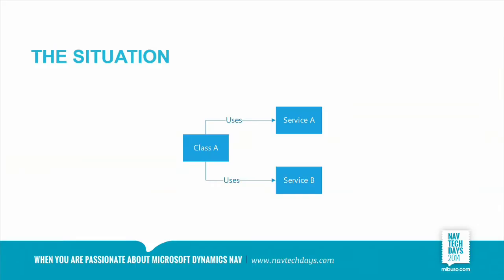For example, we have some class A, which can call service A, but it can also call service B. For this class to work, it has to be aware of both services, essentially at compile time. When I compile a piece of code, what I need to know is which these services are. If I change service A, it's very likely I will need to change class A, which might in turn trigger me to have to change service B, which is what tight coupling is all about.